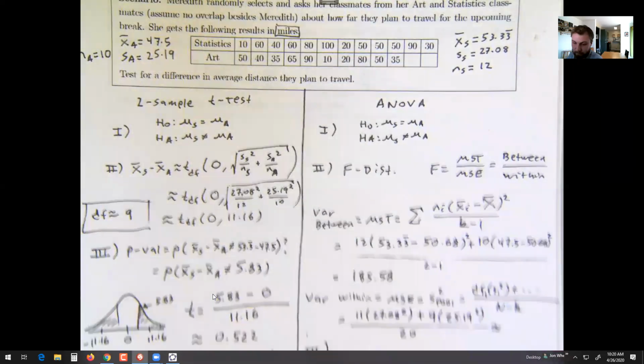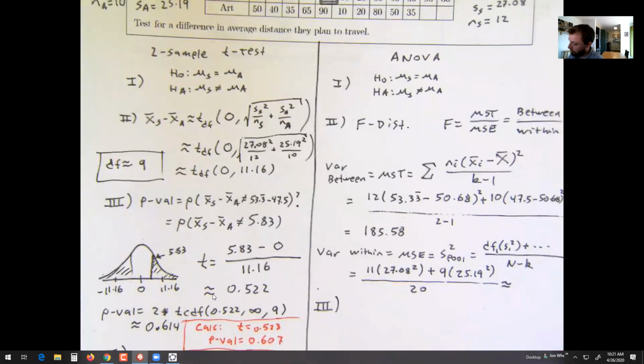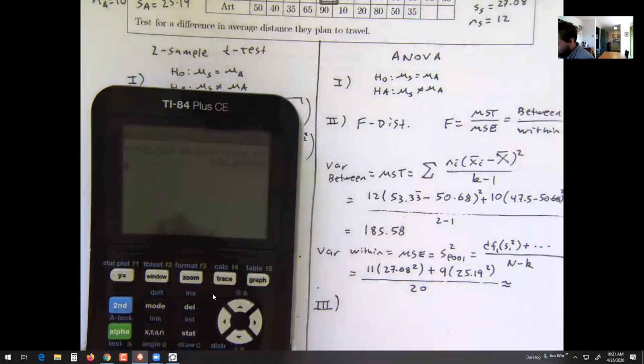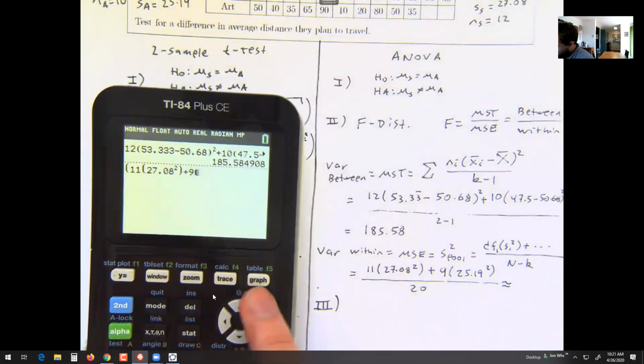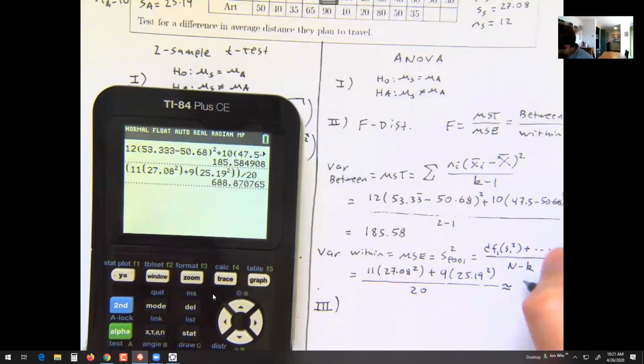I'm going to type this into a calculator and see what I get for my MSE. 11 times 27.08 squared plus 9 times 25.19 squared, divided by 20 gives me